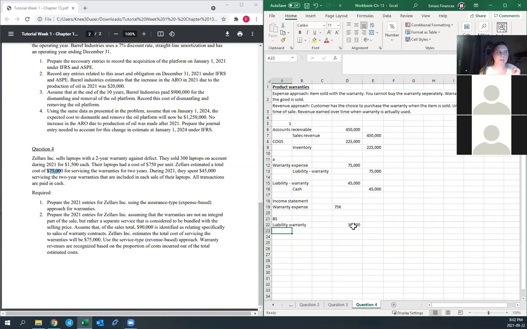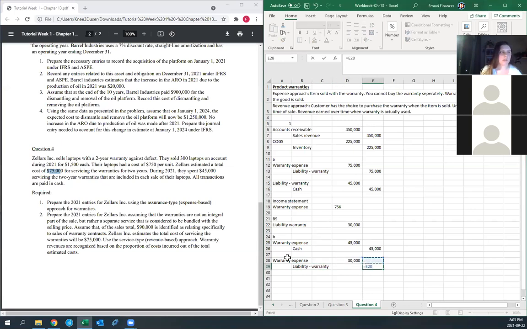The second one, which I think has been shown to you in your classes, is that you're going to actually expense your $45K, so the actual cost of warranty. And this goes to cash. And then you want to add to your warranty expense at the end of the year the difference between what you actually spent and what you actually think you're going to spend. So you want to add 30K, so it equals 75K. So you're going to add to your warranty expense 30K. And the credit account is your liability warranty